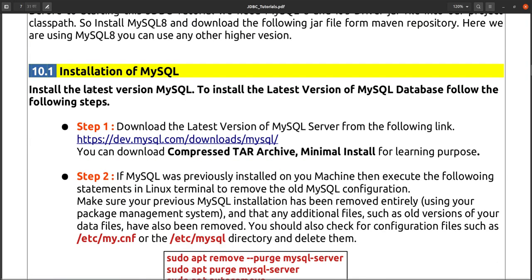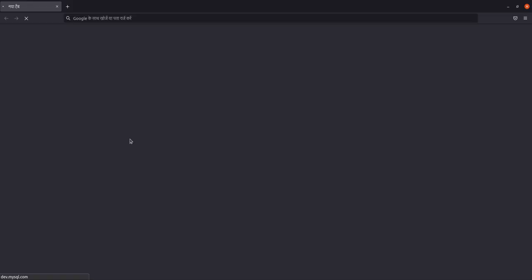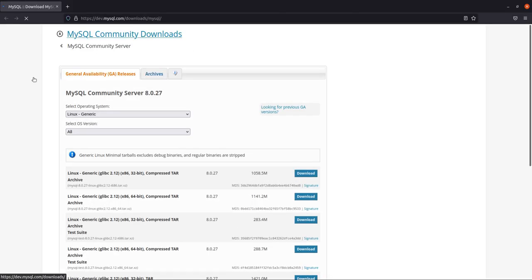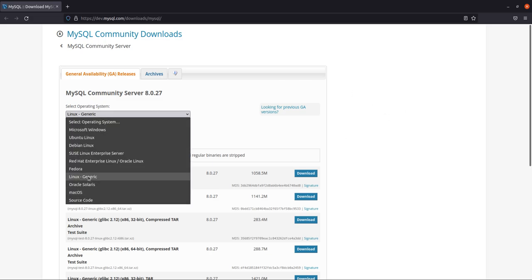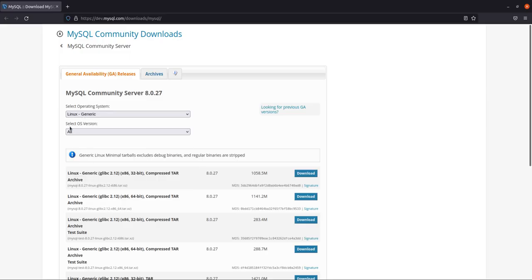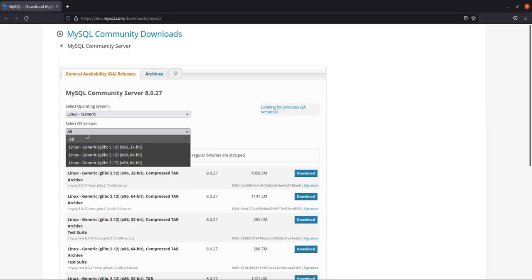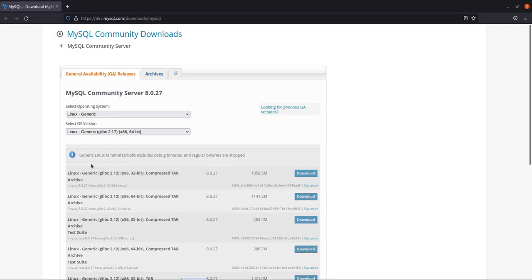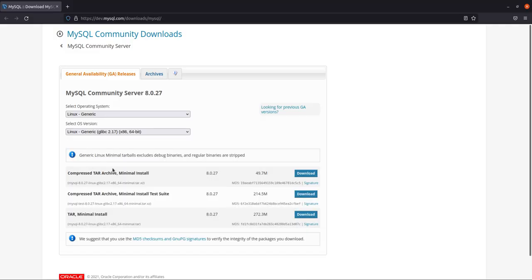To do the installation for MySQL, we have to follow some steps. First, we have to download MySQL from this link. This is the official link of MySQL and you can download from here. You have to select your operating system accordingly, and here the operating system version is selected as all, and you can go for this last one also, because this is the minimal installation.